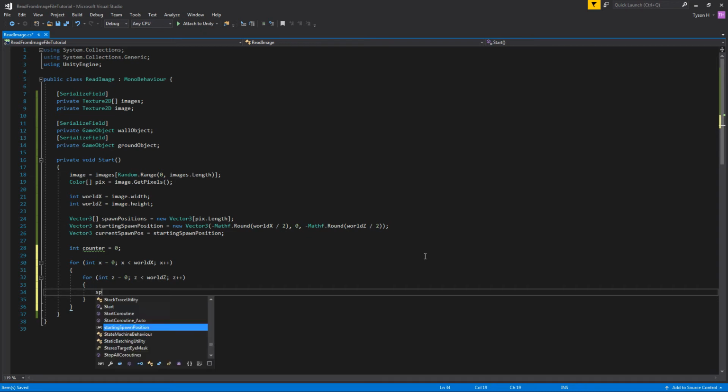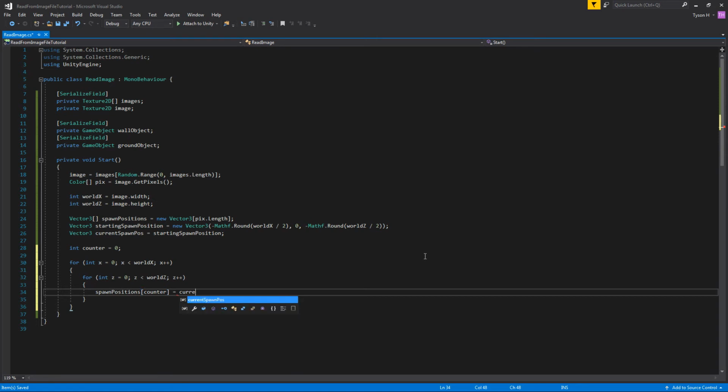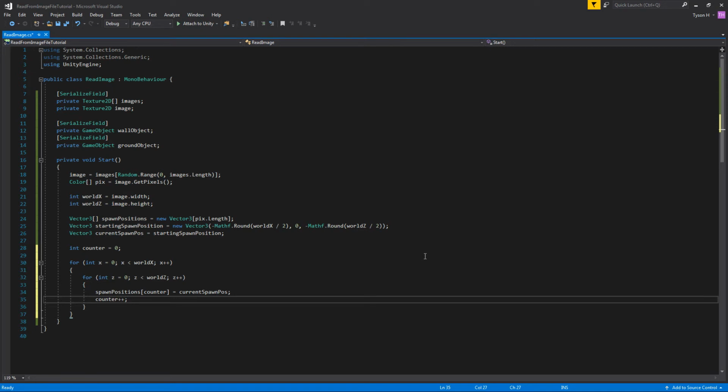So we're going to set the spawn positions, and we're going to use the counter as the element ID, and it's going to equal the current spawn position. So the very first element in the spawn positions array is going to be the starting position. So the first thing we do in both those loops is we set that spawn position in the array, then we increase it. That just ensures that it matches up with our desired size. So we'll increase the counter as well,